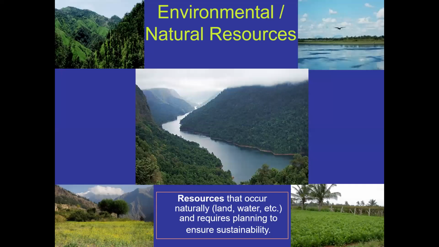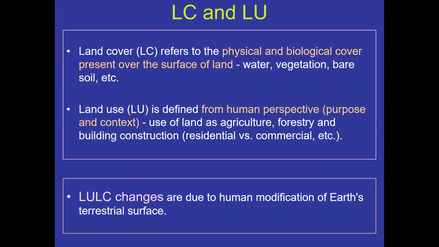Okay, so we all know about the real world and the managed world. The real world, of course, is very soothing and very beautiful. The real world has a lot of natural resources in the form of forest, land, water, etc. But we need proper planning to ensure that there is a sustainable use of these resources by humans, or else we may end up over-exploiting these resources. Okay, so in this context, there are two terms which are very common, and you will find these two terms frequently occurring in numerous literatures.